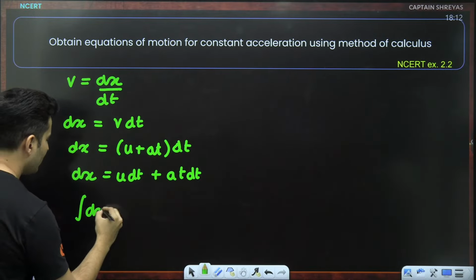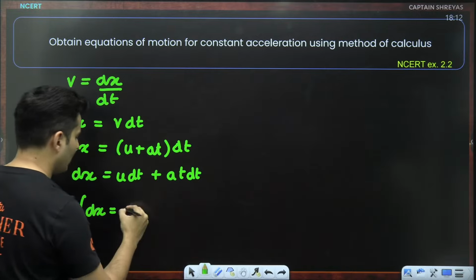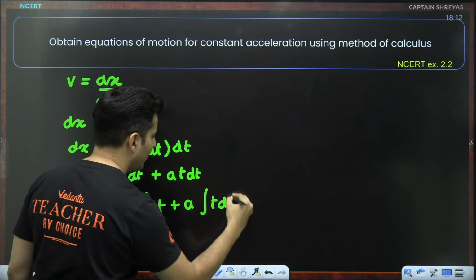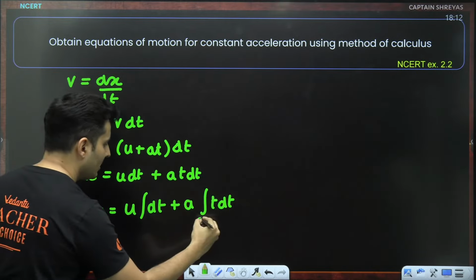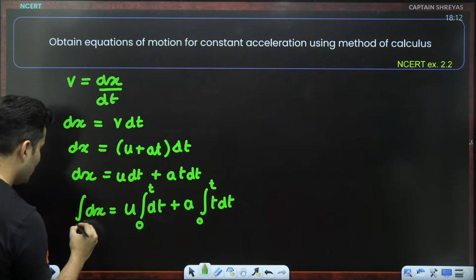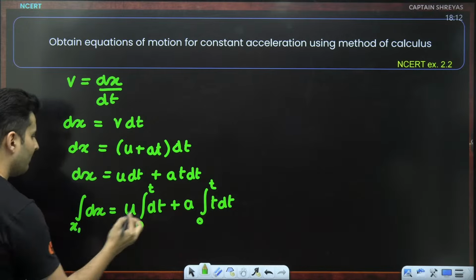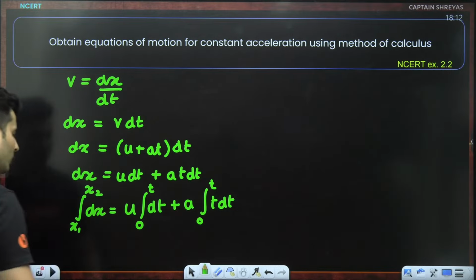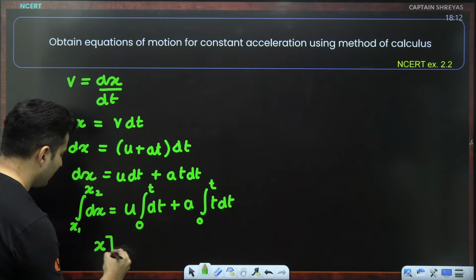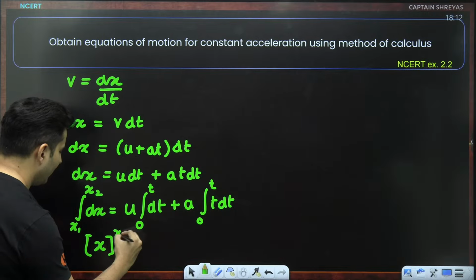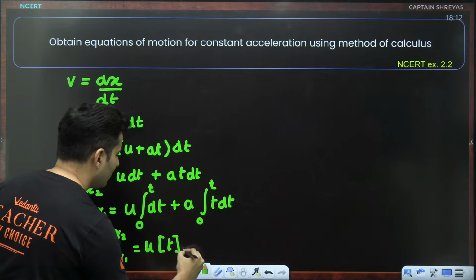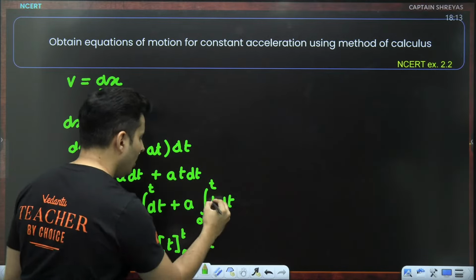Integrate both sides. So integration of dx is, u is just a number, so bring it outside the integral, plus a is also a constant, bring it outside. t dt, always start with limits 0 to t. When time was 0, the position, I will just call it x1. When the time was t, the position was x2. Perfect. So what is the integration of dx? It is just x, limits x1 to x2. This will be u, integration of dt will be just t, 0 to t, plus a into